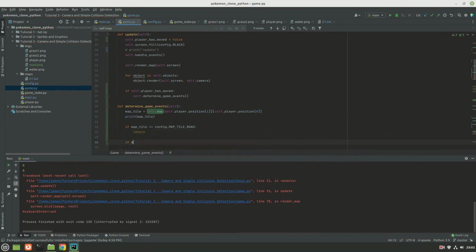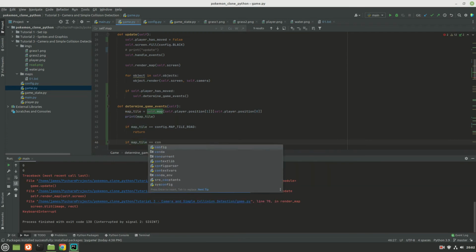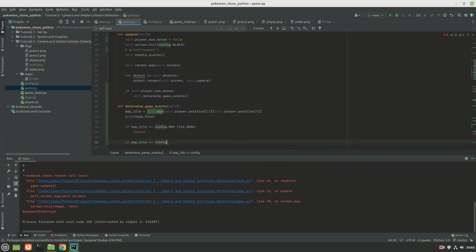Then if map tile equals, well, actually, I think that's all we care about. That's the only one we're not going to perform an action on now. So if he's on road, there's going to be no Pokemon battles. Otherwise, it's going to be